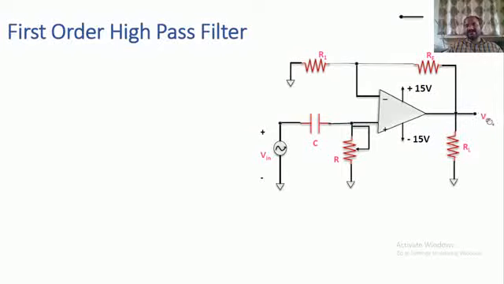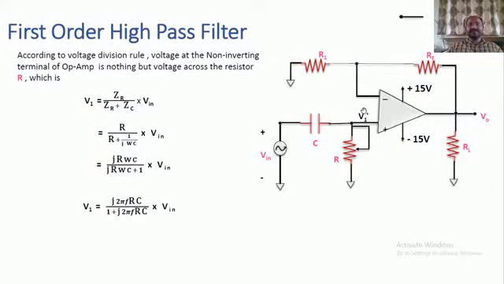When you would like to calculate the output voltage of this filter circuit, you are supposed to know the input voltage at the non-inverting terminal of the op amp. Further, we are supposed to apply the voltage division rule to this loop. In this loop we are having three components: Vin, C, R. Here V1 is nothing but the voltage at the non-inverting terminal. This voltage V1 is nothing but the voltage drop across the resistor.